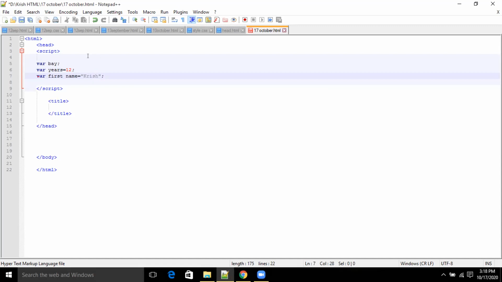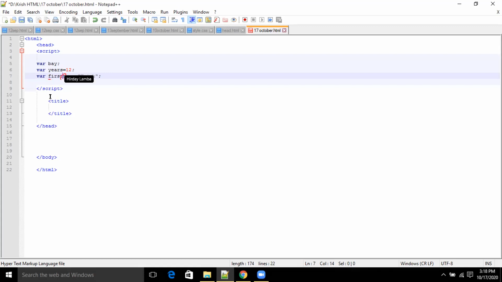Now, when you are defining a variable, the way we have defined a variable, there should not be any space in between. So first and name, there should not be any space. Can you remove the space? It should be one word as such. Second naming convention is the first alphabet will be lowercase and the name N would be uppercase.